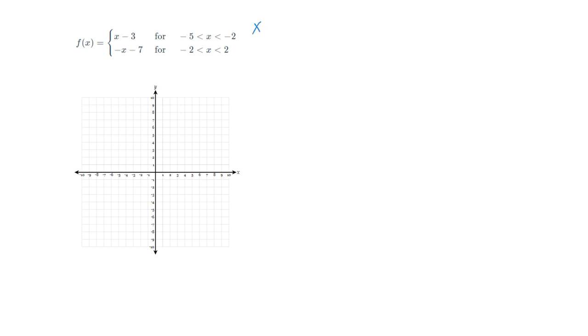So again, I'm going to start by just finding that. So in x equals negative 5, I'm going to go ahead and plug that in. And negative 5 minus 3 is negative 8. And I know I have that point. I don't have the line underneath, so we know there's an open circle there. And then once you have this point plotted, right, so here's my open circle at negative 5, negative 8,